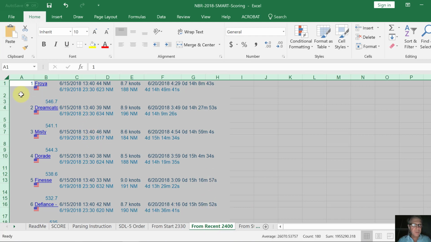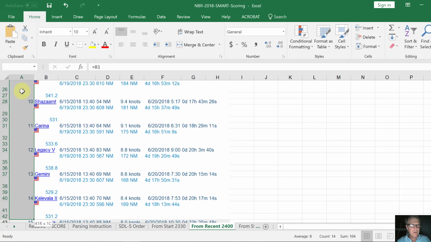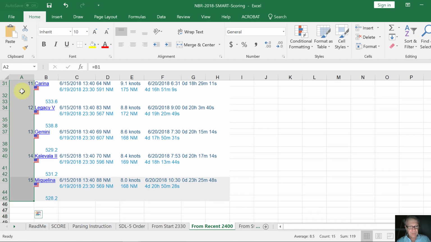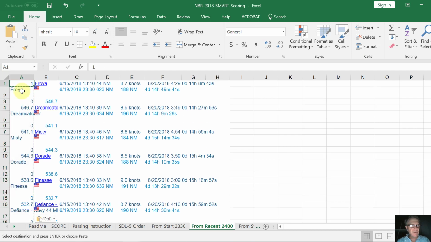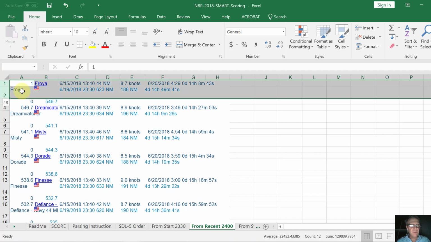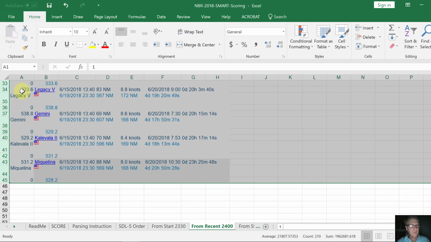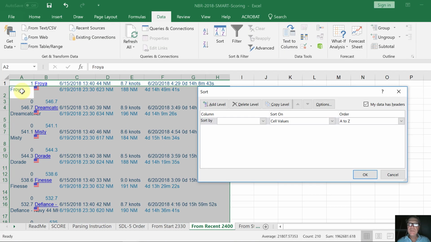Let's finish that off real quick here for the from recent, equals Froya. Shift down arrow. Control D to fill down. Control C to copy. Alt H V V to paste special values. What was that? Shift spacebar to select the row. Shift down arrow to select all of the rows. Alt ASS to